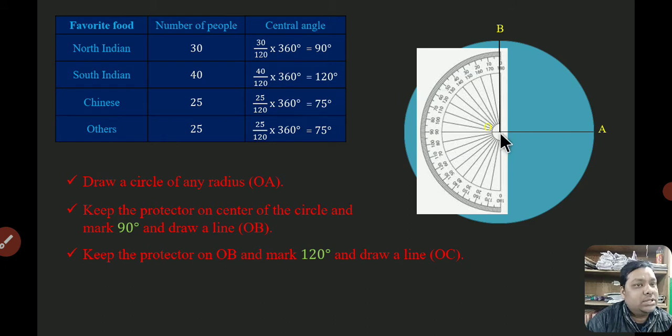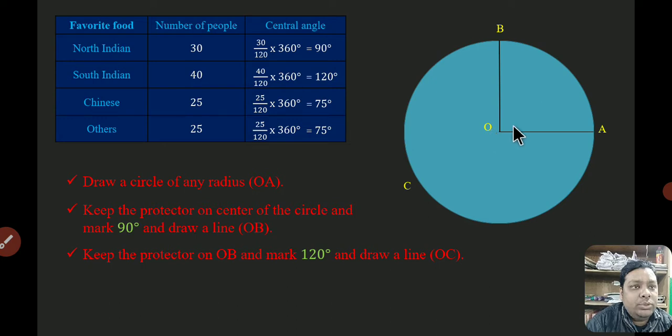You can see the center should be the same. Okay. The middle of the protractor will be the center. Now 120 degree here it is. It means here we will point C. We will mark C. Okay. Now again remove the protractor. Now we will join O to C. Okay, done. Now again we will get the new line OC.